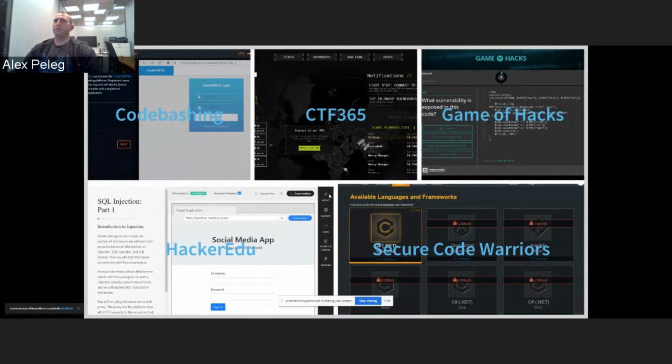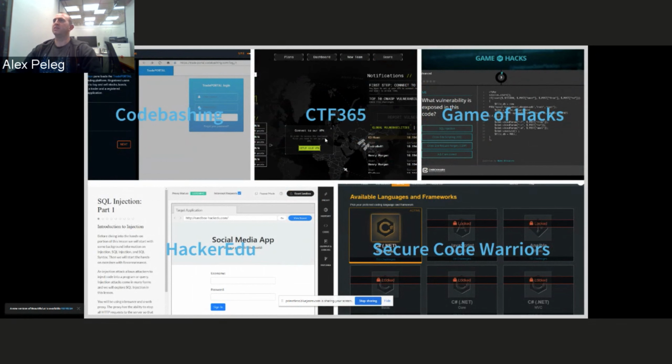What are the paid platforms? So I will do a fast review of the most popular platforms for gamification, which you can get for money. There are two platforms by the same company, Code Bashing and Game of Hacks. Game of Hacks is a free-to-use platform for understanding code vulnerabilities, and it supports several languages. Same as Code Bashing, which has support for lots and lots of languages. Everything is clickable, so once you click on the link, you will get to the appropriate platform.